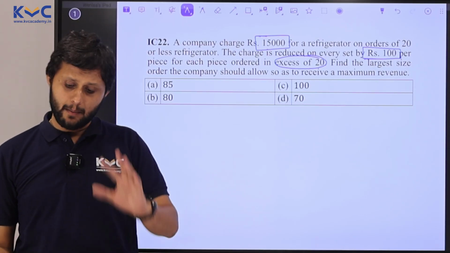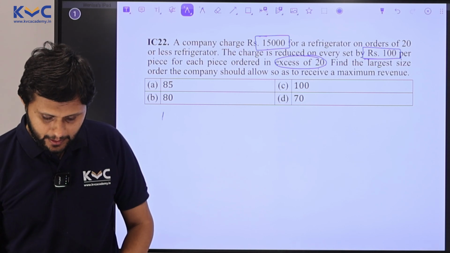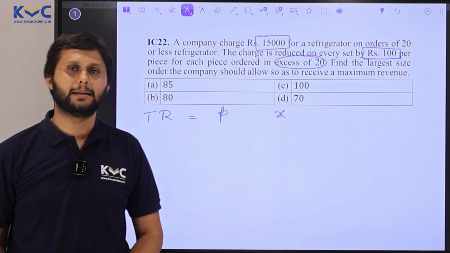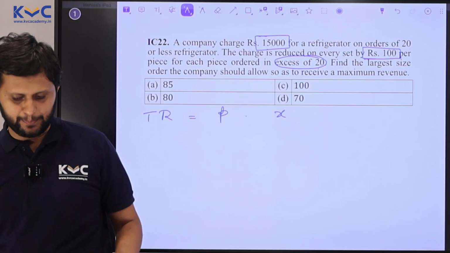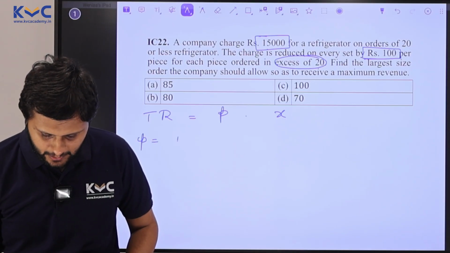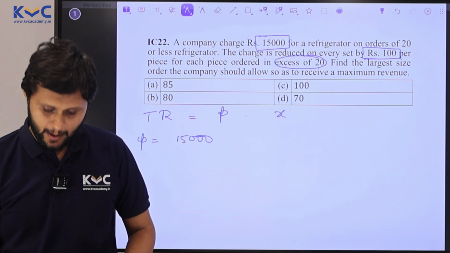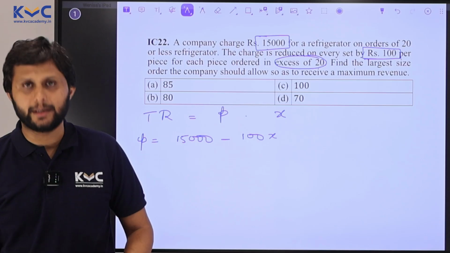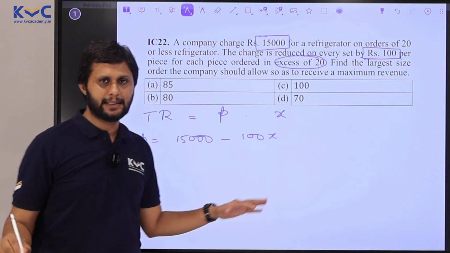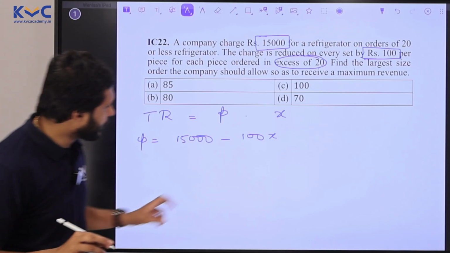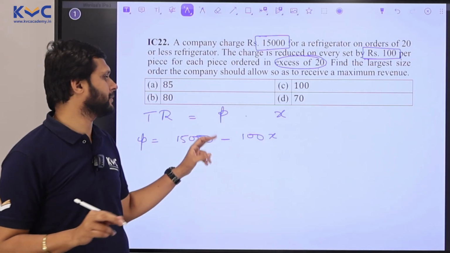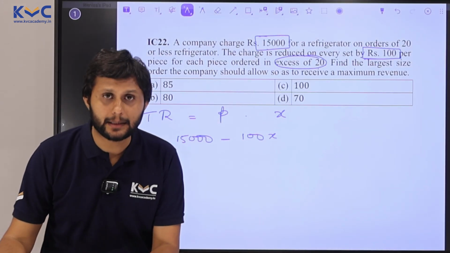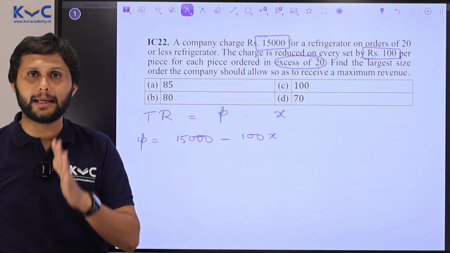Maximum revenue we have to find out, but first we'll have to calculate the revenue function. Total revenue is equal to P into X. Correct? Now I'll write it separately. What is P equal to? What is price equal to? I said 15,000 minus, it will reduce by 100 for every unit. I have written 100 minus X. Is this correct? Now, if you actually see, if I order just one unit, it becomes 15,000 minus 100. If I order two units, it becomes 15,000 minus 200, which is not right. They said only if you exceed 20,